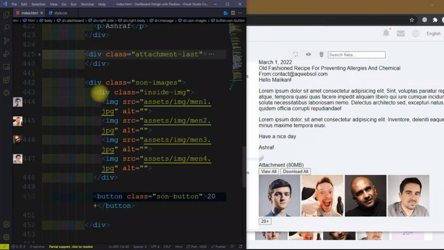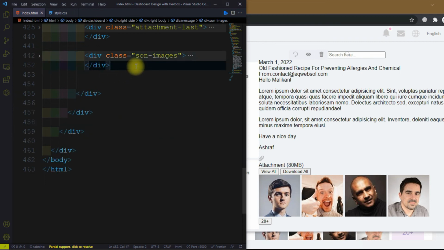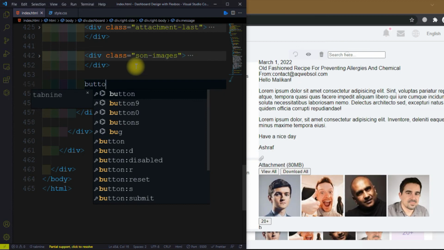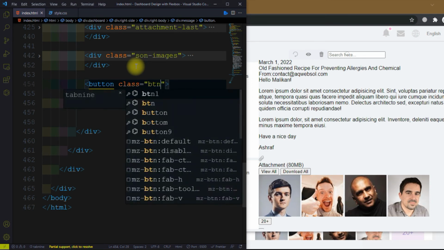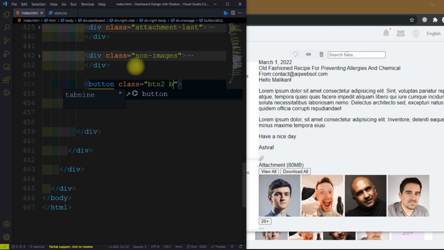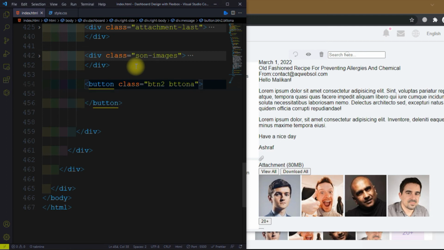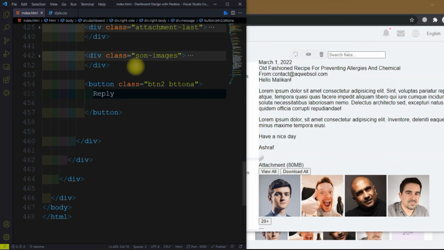So it is an image strip and here and close this. Create a button for the reply and forward. Button class btn2, this for the reply